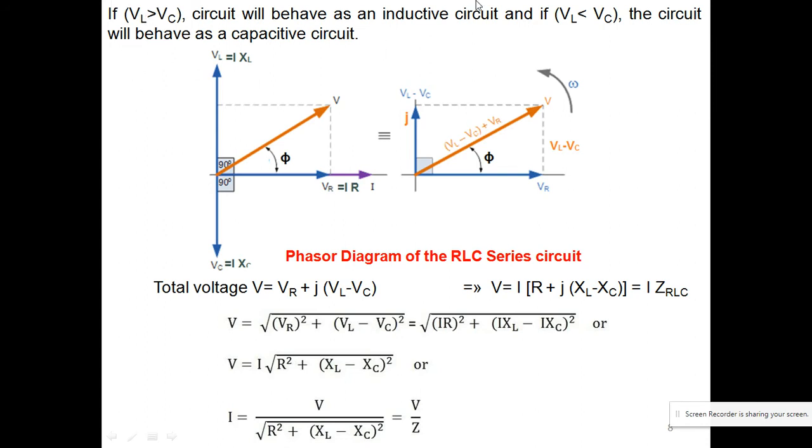So similarly, in this case we can consider only the difference is a minus sign. So I'm taking here this one case. It means I'm representing this one, which is nothing but VL minus VC. This is in the negative direction. So this is represented here.